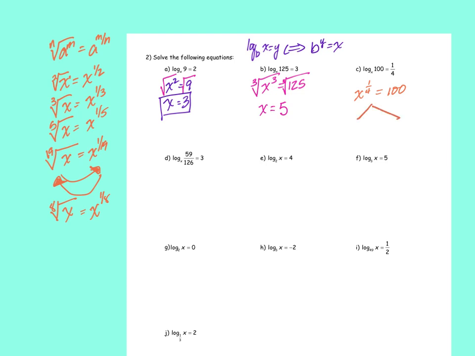I'm going to do this problem 2 separate ways. So I can rewrite this in another form by saying, using this logic, which we just did here, this is the 4th root of x equals 100. Now, how do I undo a 4th root? I take it to the 4th power. If I do it on one side, I have to do it on the other side. So that would be x equals